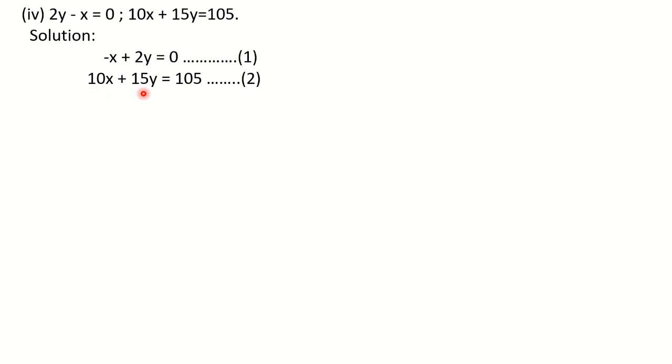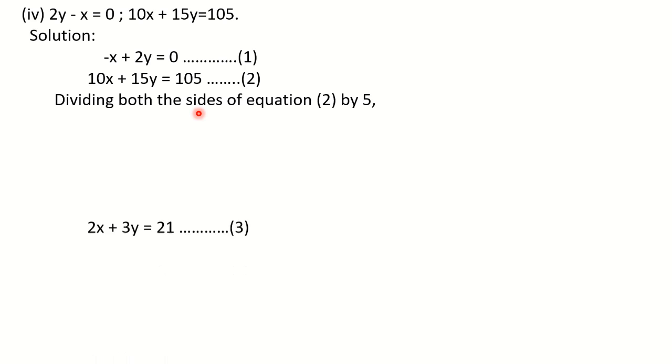But since it is reducible further, what I have done is I have divided this equation number 2 by 5. Okay, so when I divided by 5, I got the reduced equation as 2x plus 3y is equal to 21. Because here the numbers are big, so I have reduced it. As I have said, if you multiply here by 10 and then add, then also it will do. No problem, you are going to get the correct answer. But here I have reduced it and made it smaller. See, the bigger numbers have become smaller now since we have divided everywhere by 5. So this is my new equation form. So I numbered it as 3.